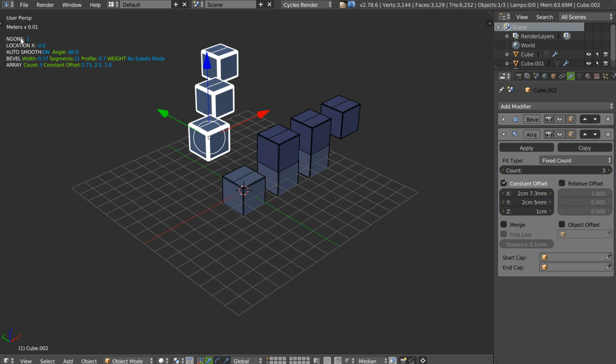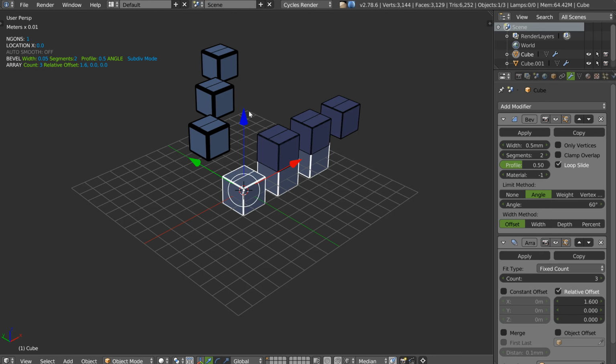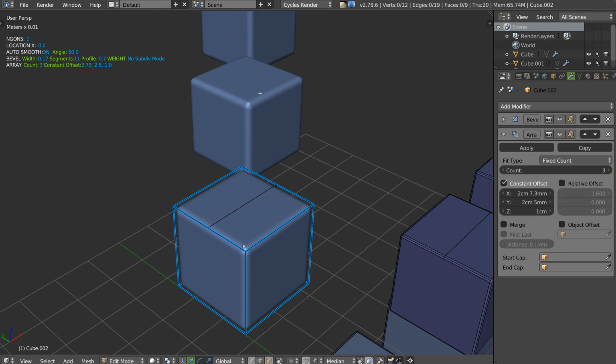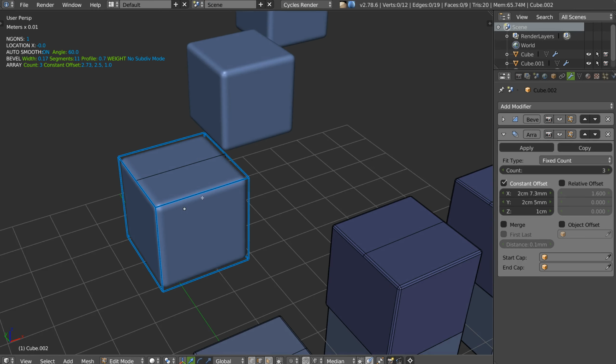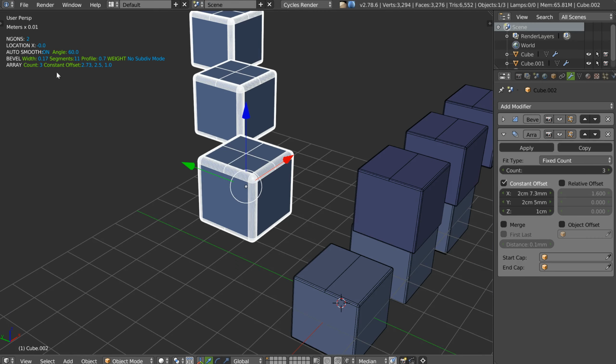I added the option to see if I have n-gons. I made a lot of raw topology, so I need to see directly, without being in edit mode, if my object has some n-gons. That works in edit mode too. I will do this, for example, Ctrl X. As you can see, I have chewing gum now, and this is nice.